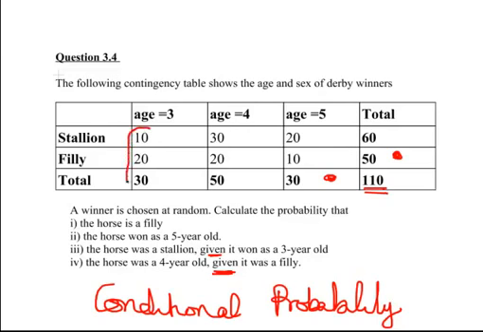So we're just looking at this group only, disregarding the other 80. And of that 30, 10 were stallions. So 10 out of 30 is 1/3,